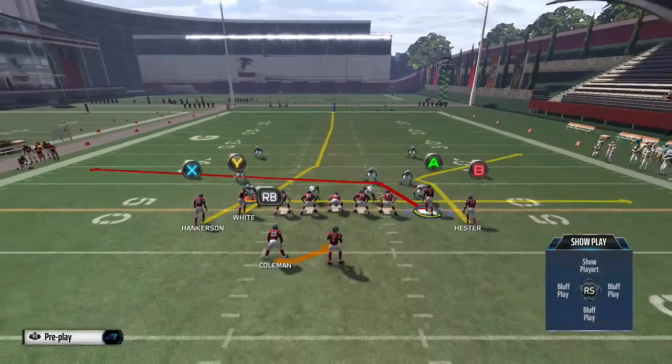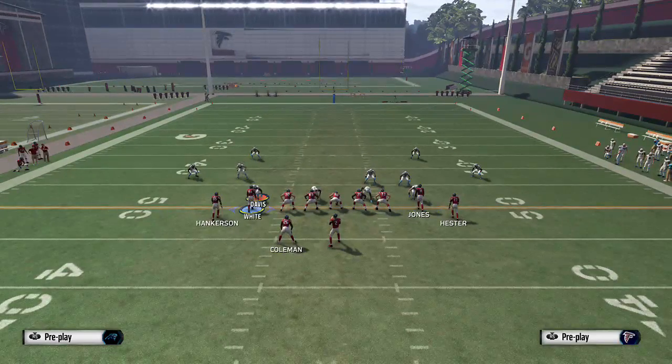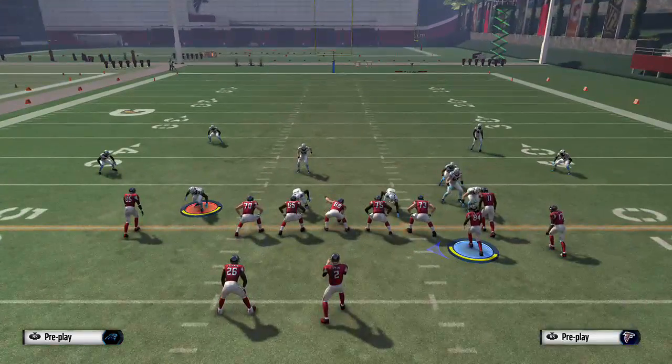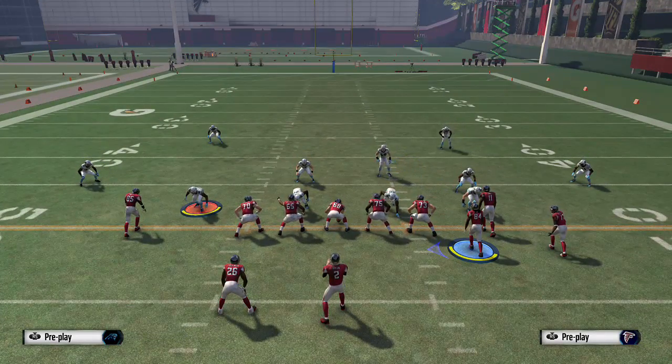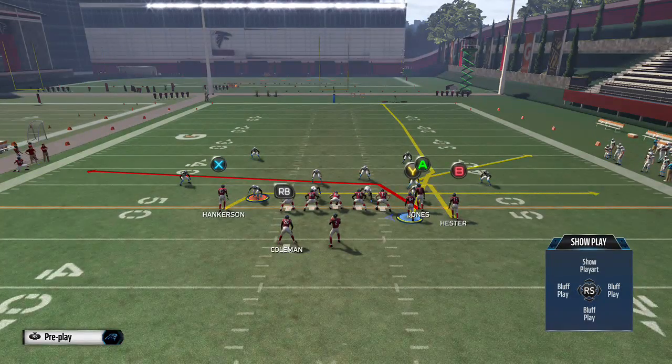So here we go. Do the same setup. X on a drag, block your running back, move this Y over from left to right, and we're going to hit this B route now. This is going against cover 2, cover 3, and cover 4. This corner post route is going to beat all coverages here, okay? So here's against cover 2,